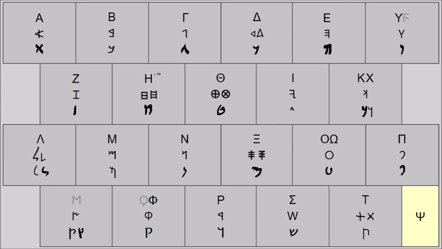Like xi, psi represented another sequence of 2 sounds. Psa, like a letter P followed by an S in our alphabet. 2 other letters are similar enough in both appearance and sound to be reasonable candidates for its origin. Many linguists also include chi as a possibility, even though it doesn't look or sound as much like psi as those 2 sibilants do, based on each of them having sometimes taken the other's place in some very early alternative spellings. We also can't rule out that psi was a completely new invention, not derived from anything else, but that